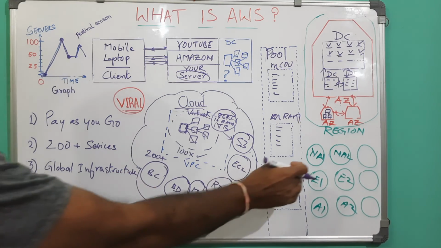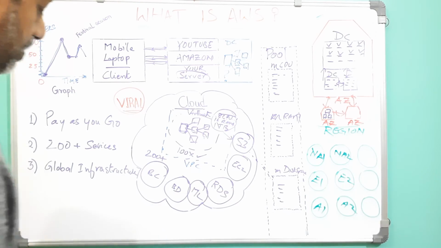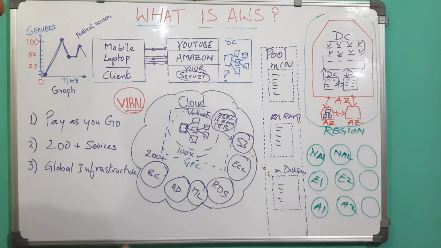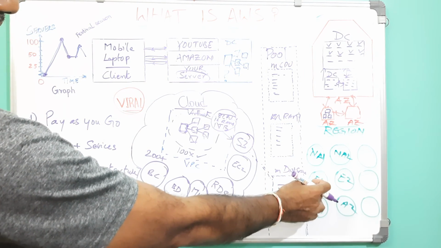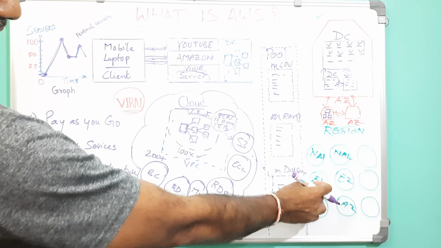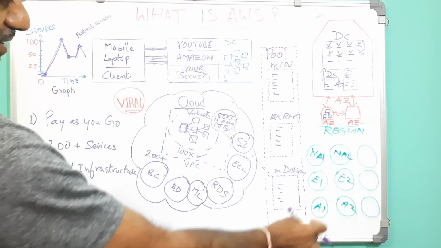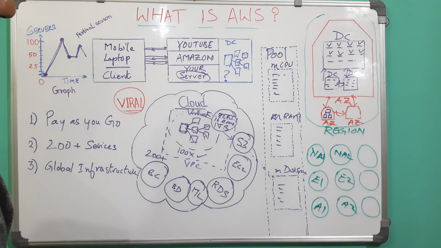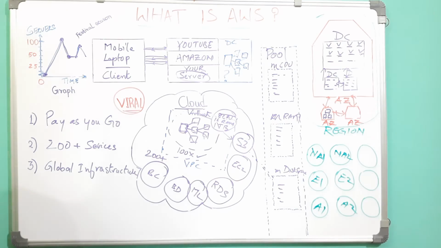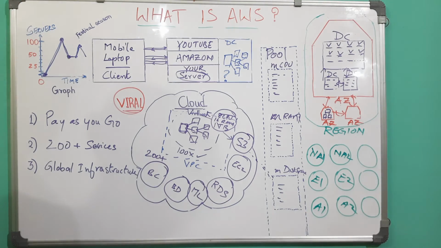As you've seen, they have regions across the world. So based on your needs, if you have more customers in a particular region, let's say in Europe, you can host the servers in the Europe region. If you have customers in North America, you can host it in North America. If you have more customers in the Asian region, you can host it over there. Similarly, they have more regions across all continents.